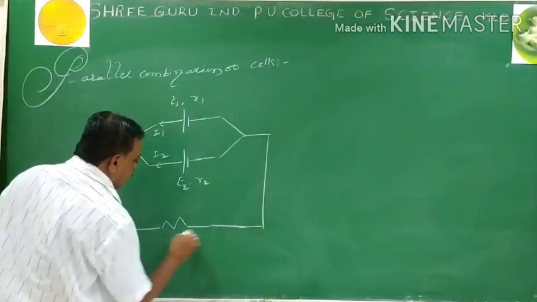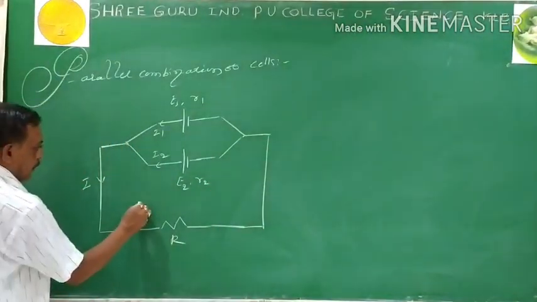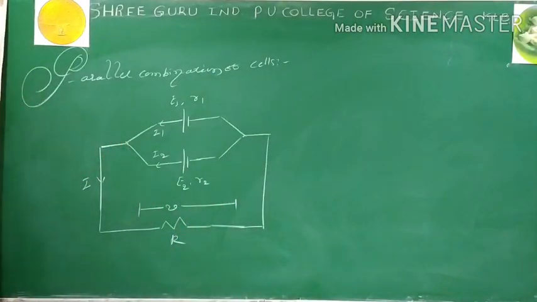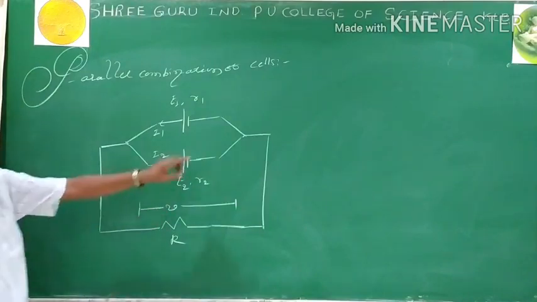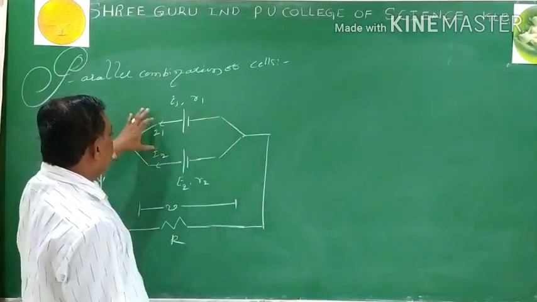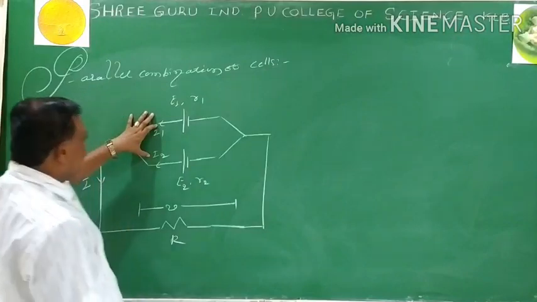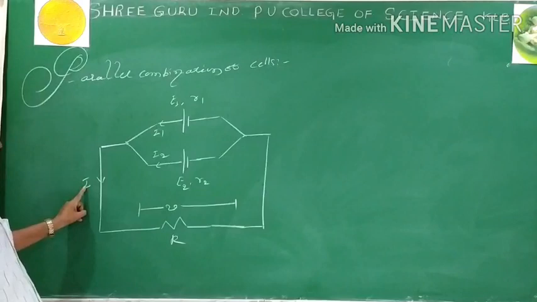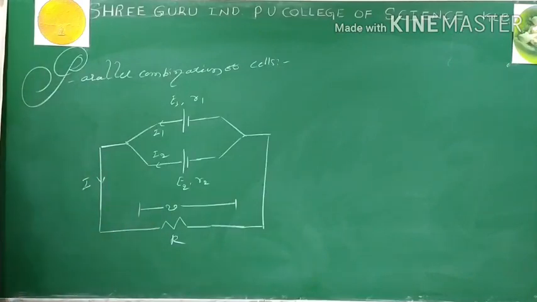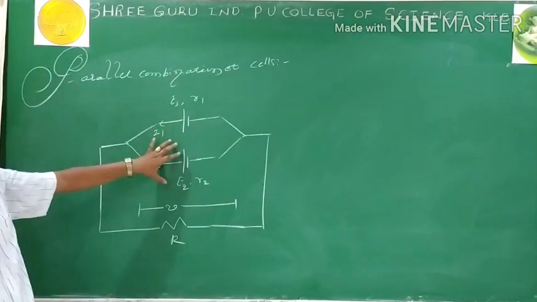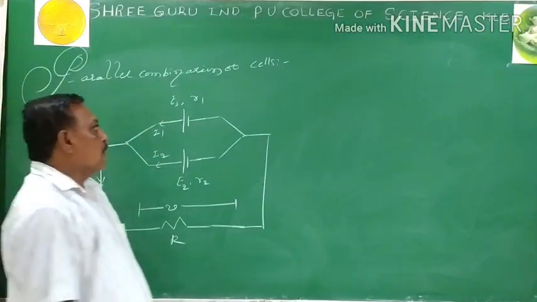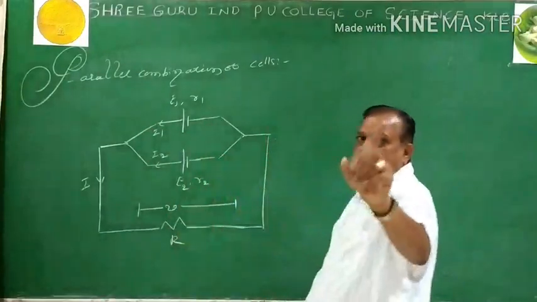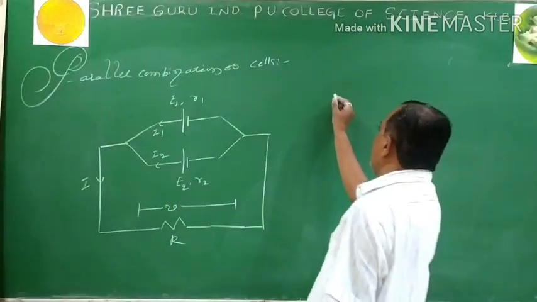Now this is our circuit diagram, and V is the potential difference across the combination. The voltage remains the same, the current divides. So the total current is I1 plus I2. I1 is provided by E1, I2 is provided by E2. Both currents merge, we get the total current in the circuit I. The two cells in parallel are replaced by a single cell. Whatever amount of current is sent by them together, the same amount of current is obtained from the single cell. Then that cell is called the equivalent cell.